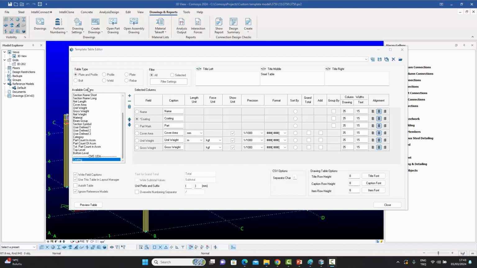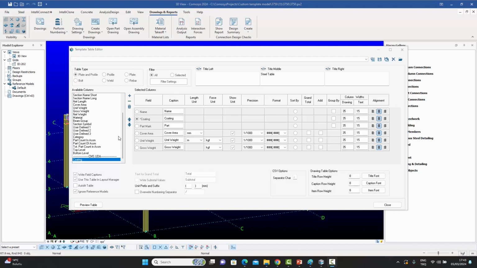Now, these fields which we have available on the left can be of several types. Obviously, they can be a text-based field, which means it's basically a text. It could be an integer, for example the count, how many parts do we have in this assembly, so maybe 12 plates or something. Or it could be a decimal number like the surface area or the weight. And like I said, it could also be user-defined attributes,